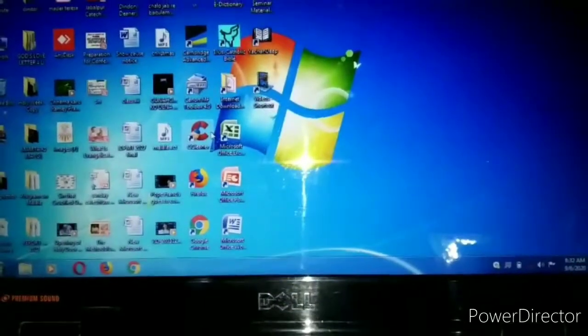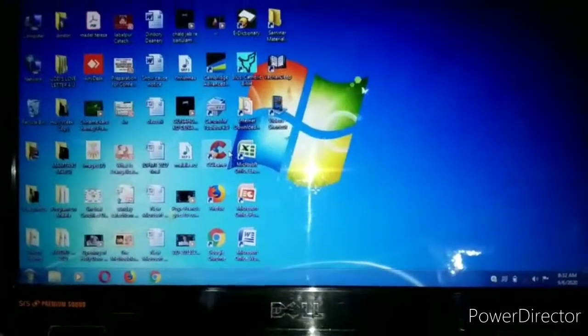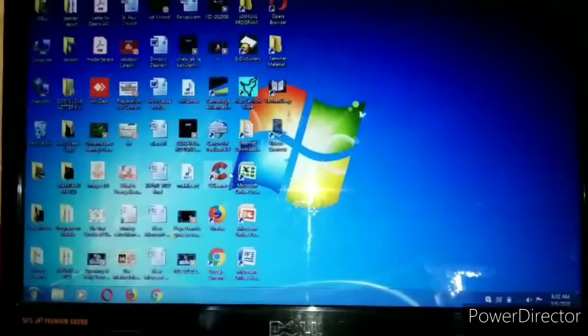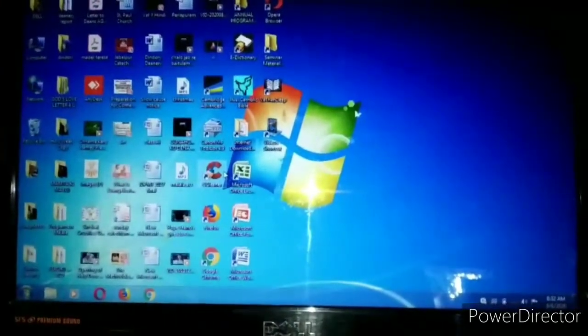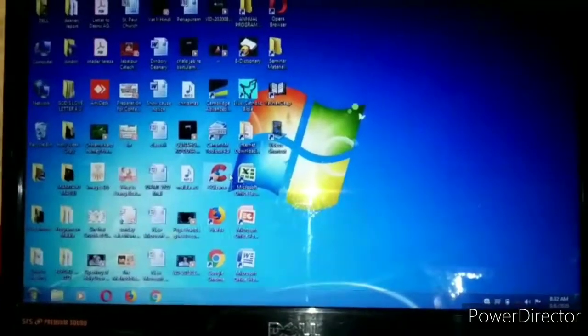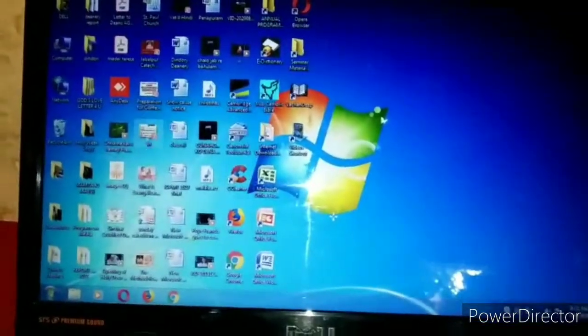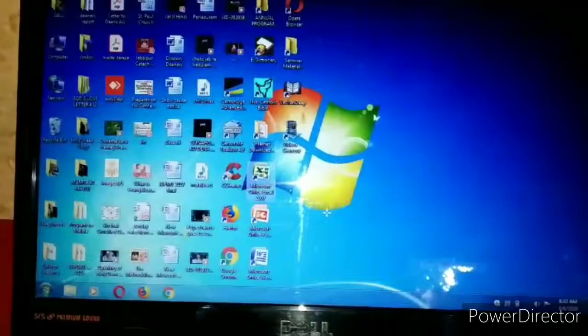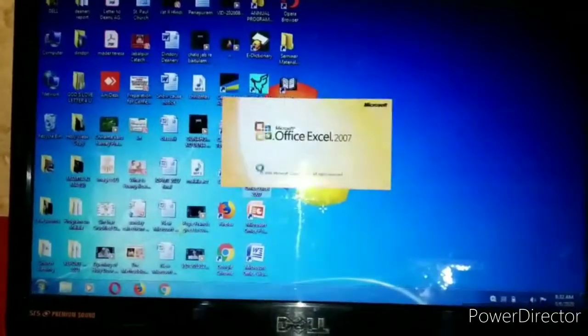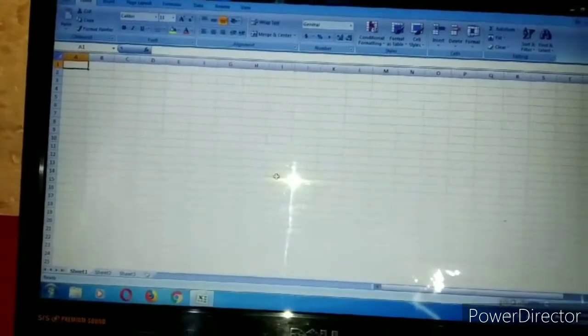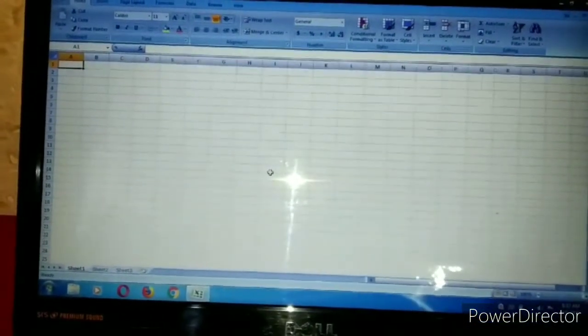To apply the conditional formatting option, first we will start our computer or laptop and open our MS Excel 2007. You see here we have a worksheet with thousands of rows of data.